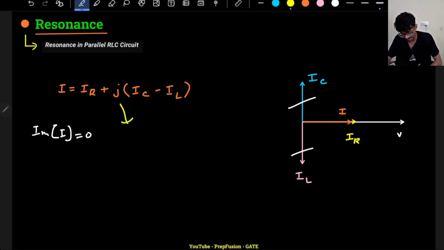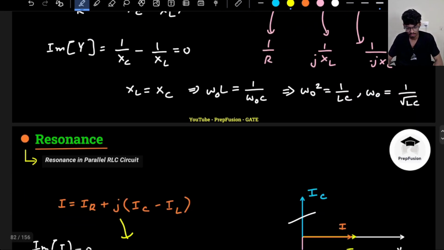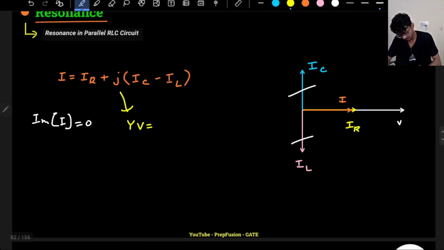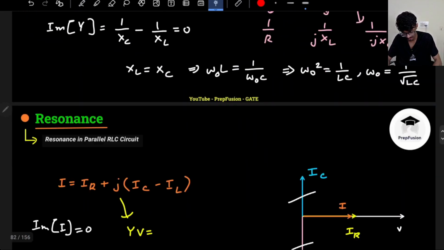So basically what is I? It is simply the overall admittance into V. What is Z? Z is equal to V by I, correct? So Y will be I by V, just the reciprocal. So same as well, I replace I with Y into V, and this will be IR. I will replace this with its own conductance, that is 1 by R